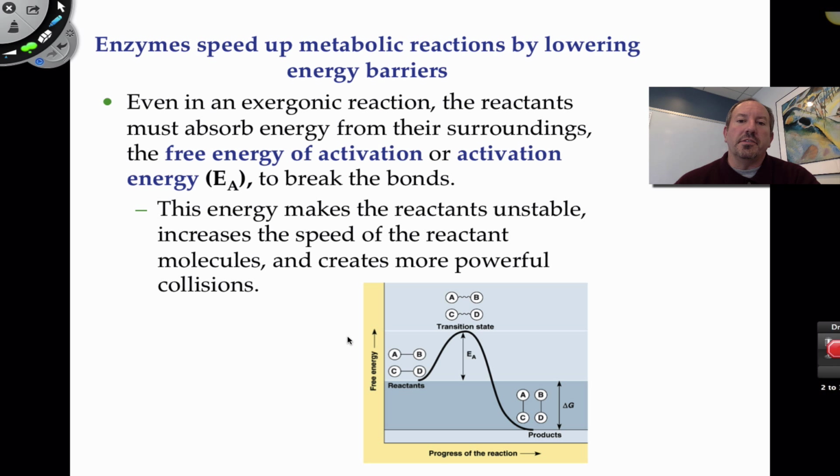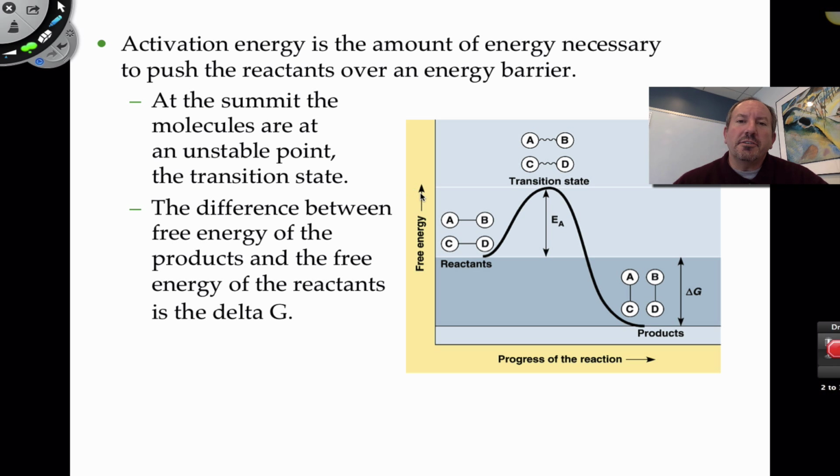So how does it do that? Well, it makes the reactants a little bit more unstable, and it also causes them to collide more readily in such a small space. As I was saying before, you get these reactants into this small area right here, and they're more likely to meet up with one another. So the enzyme acts as a catalyst that way. The energy of activation, remember, is the energy needed to get the reaction to go. Enzymes lower the need for that, but they don't affect the difference of free energy.